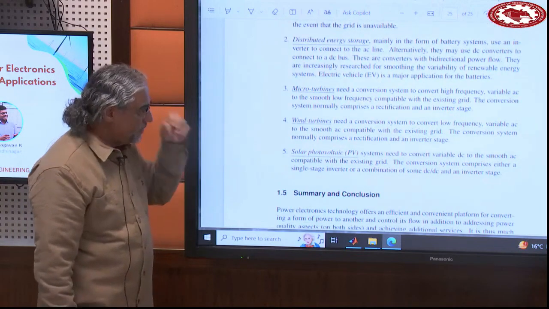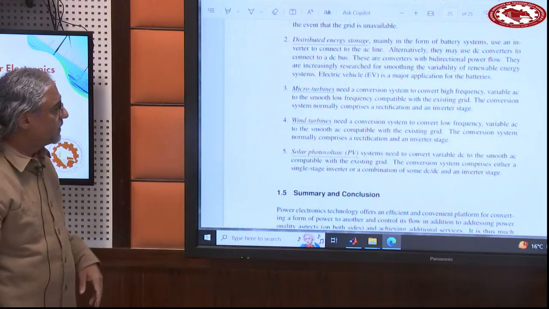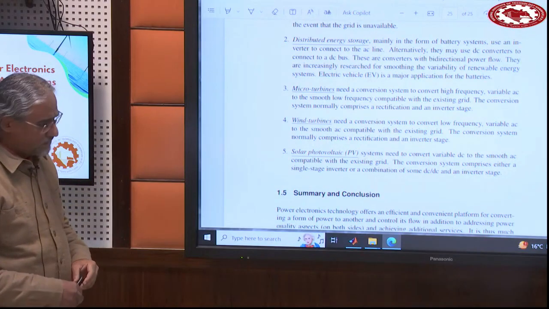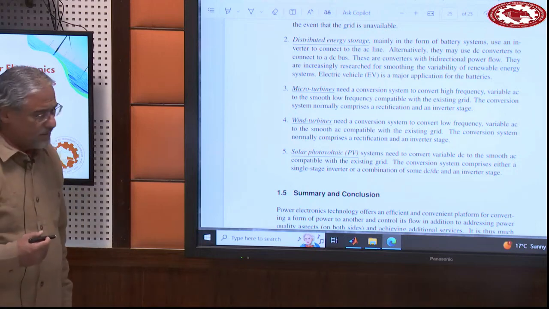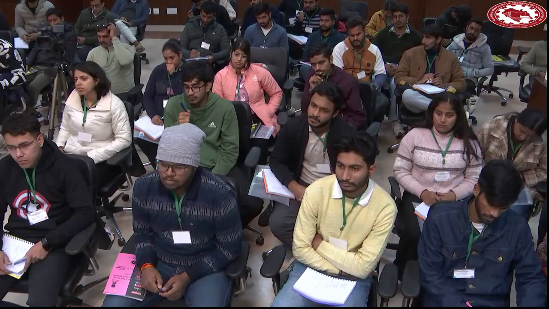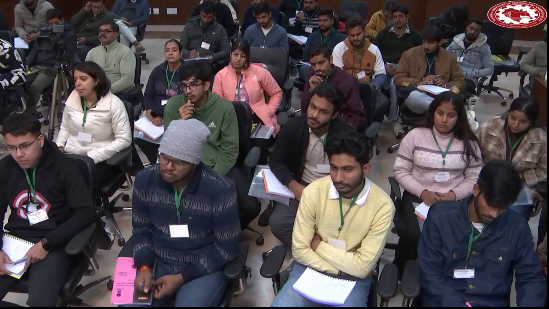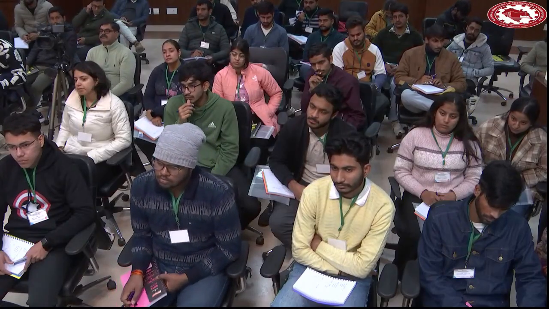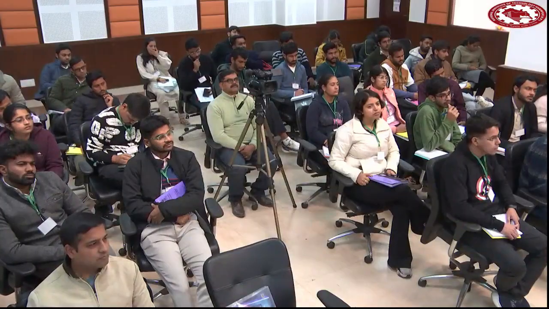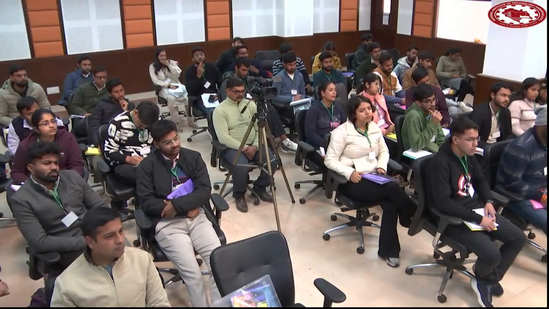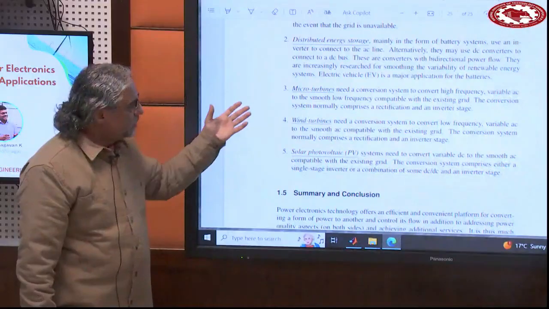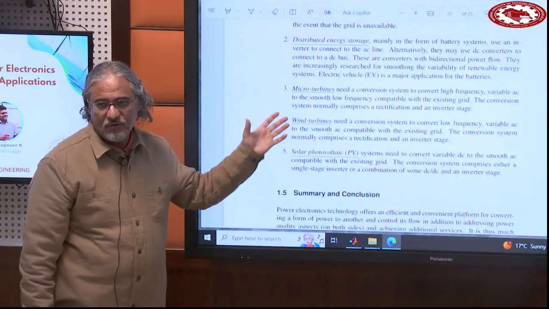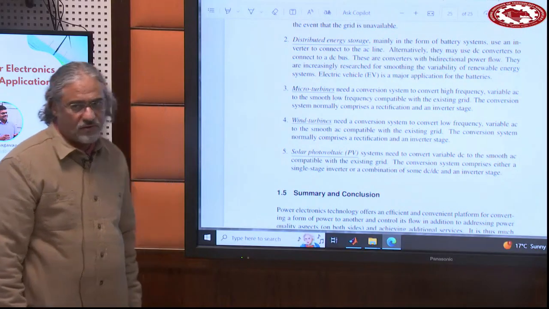Microturbines, we said these are basically generators that generate, based on normally natural gas, very high frequency AC. And for that reason, these are compact devices that can generate a larger amount of energy at a smaller size at a higher frequency, 1 kilohertz to 2 kilohertz. So you can convert that to 60 hertz or 50 hertz